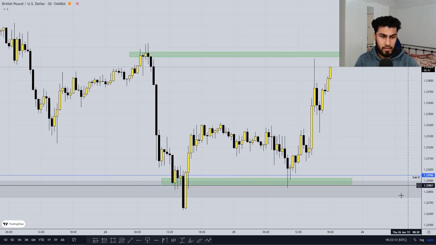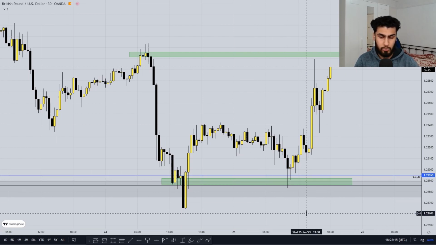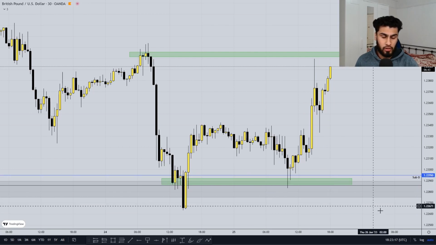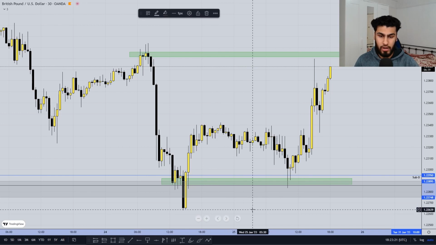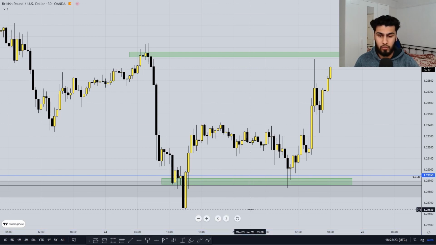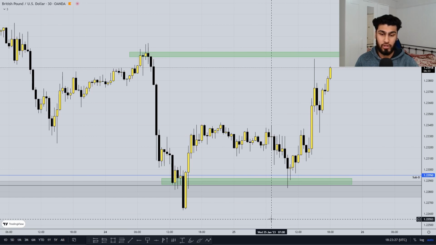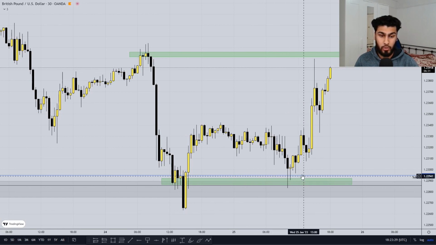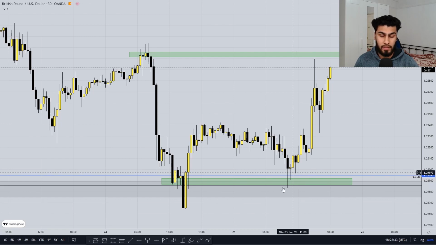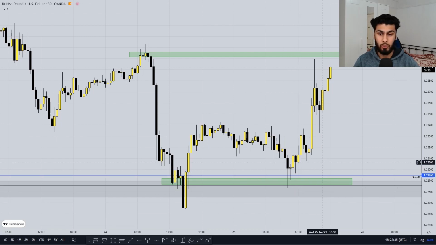We've got the daily substructure level right over here in blue, which I will be going over how to draw more in the strategy. Then we've got this grey box over here, which is the H4 level, which we identified together, as well as the 30-minute level. So you can see this is a very strong level. We have 3 confluences and 3 different time frames, all indicating that this is a strong level of demand or